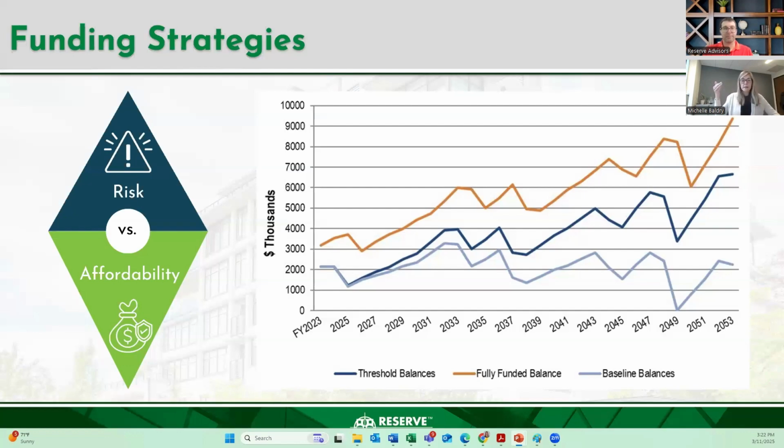We don't want all of this money sitting in the bank at any given time because we know there's never going to be a situation where everything fails at once, right? So we don't believe that you should have to have all of the funds available for every project at any given time. Now, if you ever have any questions about the funding strategy for your association, I encourage you to reach out to the engineer that prepared your reserve study. We're always happy to walk through what our recommendation was and why, and make sure that we're all aligned on the strategy.